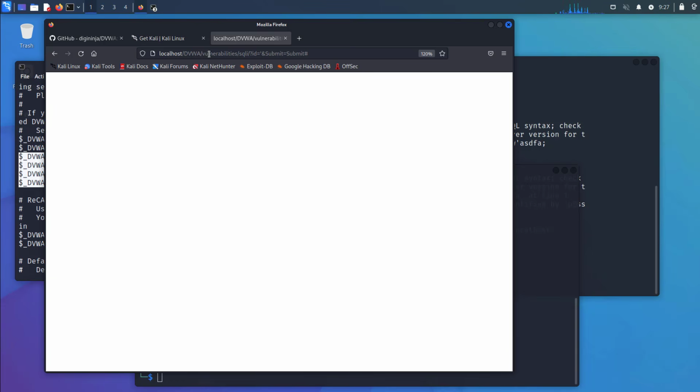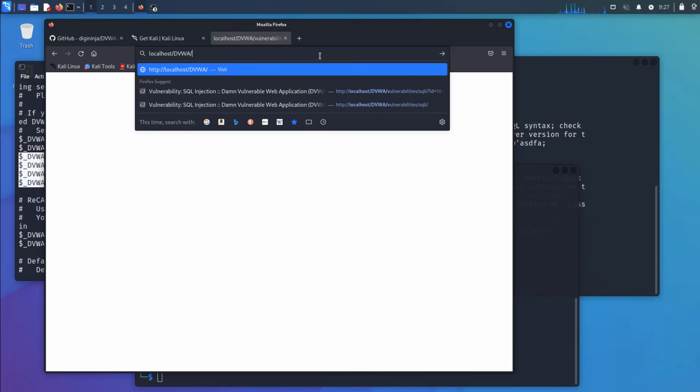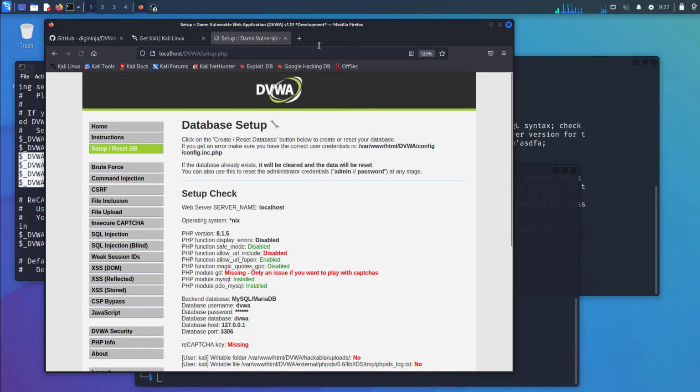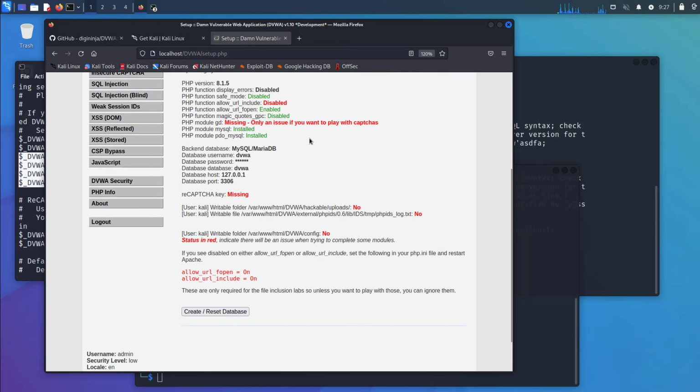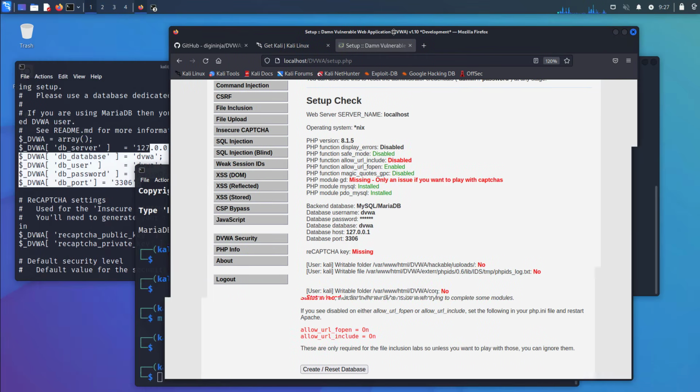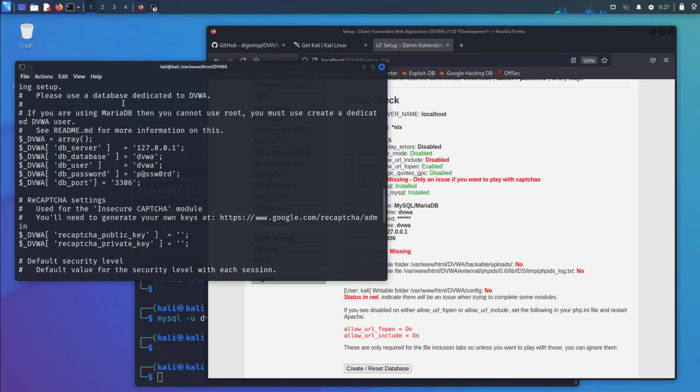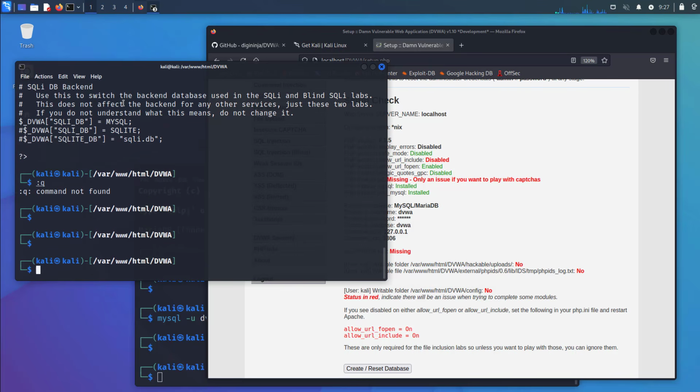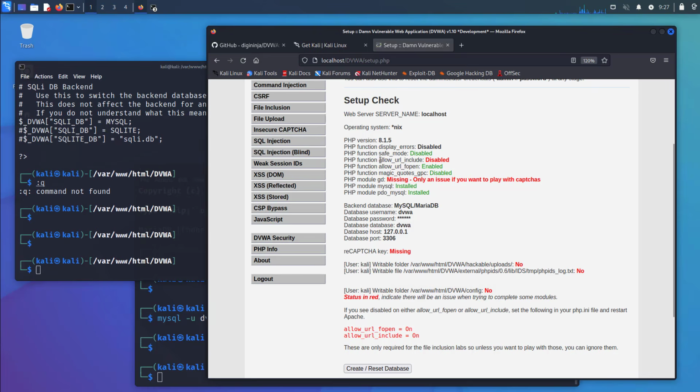If you want to go a step further with this, and you look at the setup page and you say, oh, I don't like these red bits. Red bits worry me. We can work through, we can clear those up. Oh, right. So the first one, in the PHP function, allow URL include is disabled. So let's enable that. To do that,